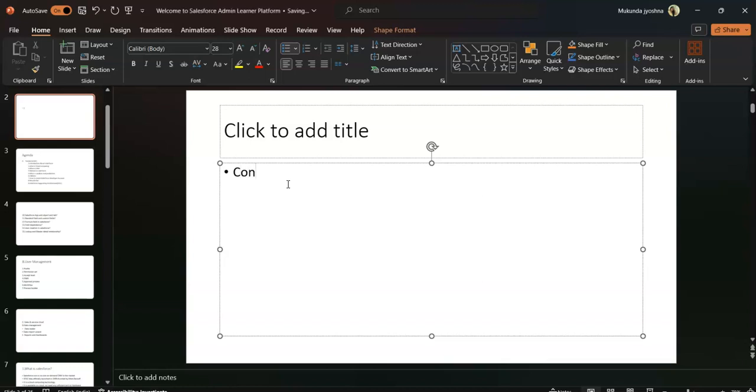One is the controlling field. It will control the values. Another one is the dependent field. It will depend on that value. So